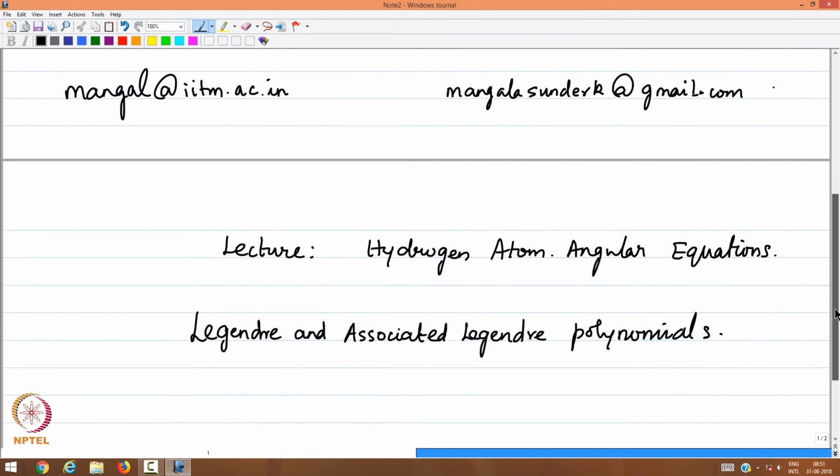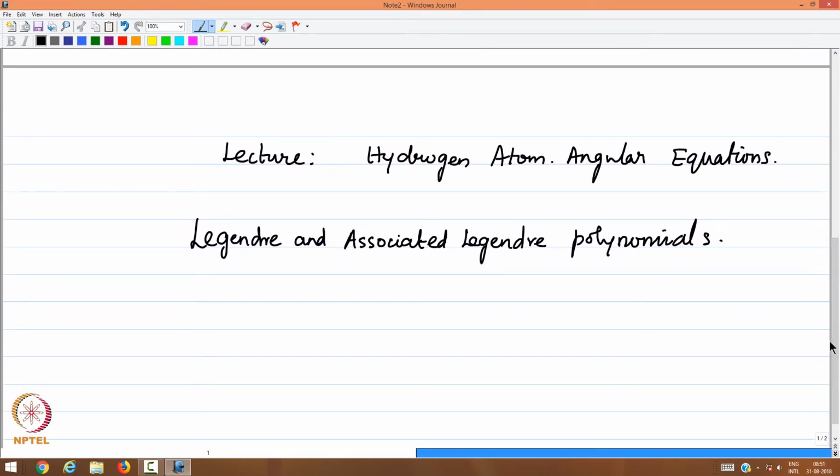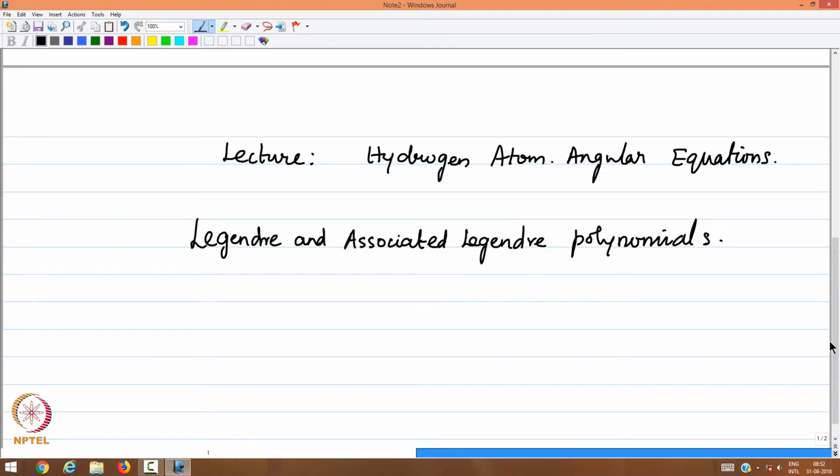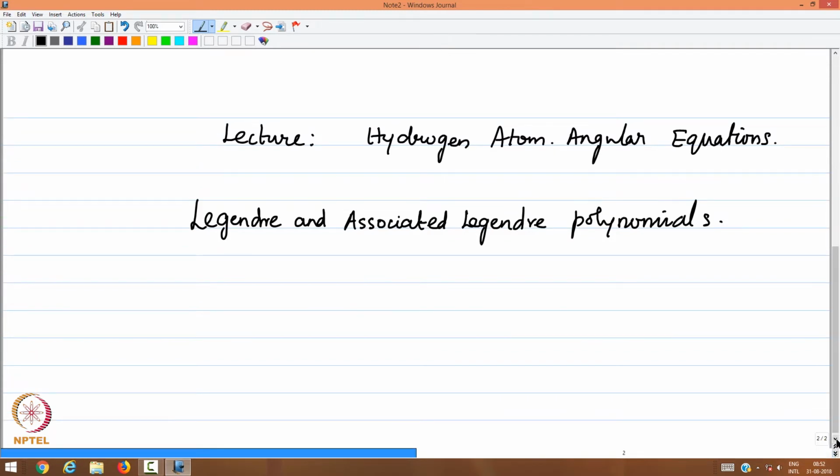The lecture now will continue on the power series method for solving differential equations related to some of the important model problems of quantum mechanics we have been looking at, and we looked at the Hermite polynomials in a previous lecture. In this lecture we shall look at the angular part of the hydrogen atom problem and the Schrodinger equation, but some review of that has to be done before we get to the details of Legendre and the associated Legendre polynomials. Okay. So, let me recall from what was done a few lectures earlier,